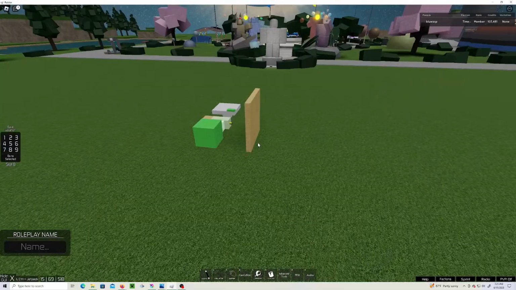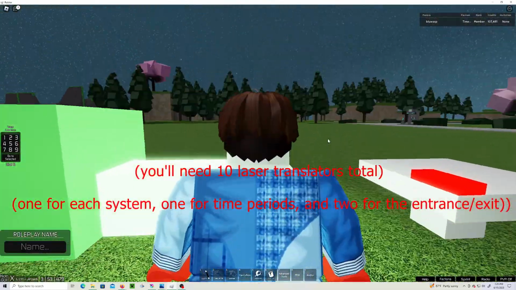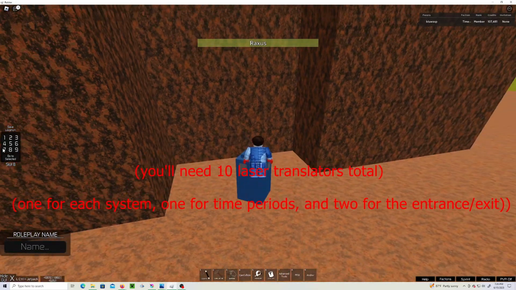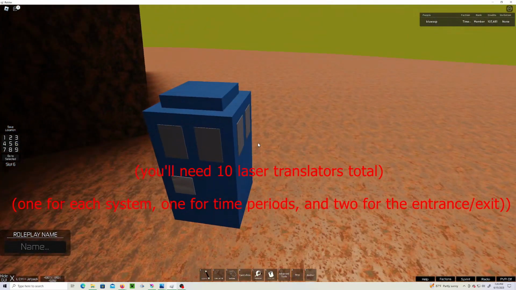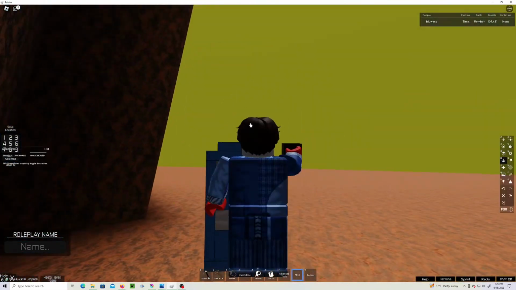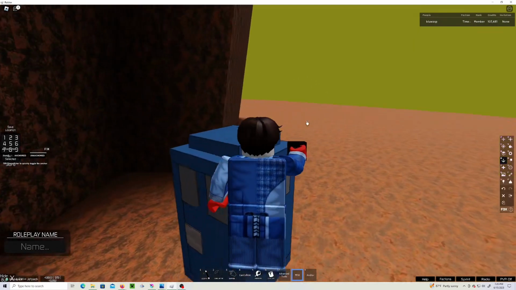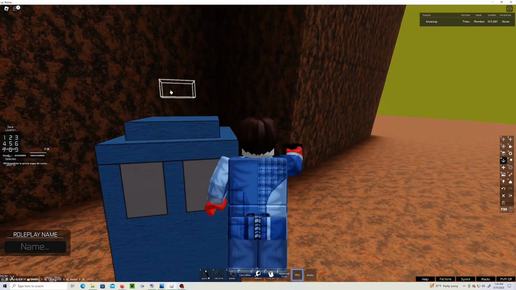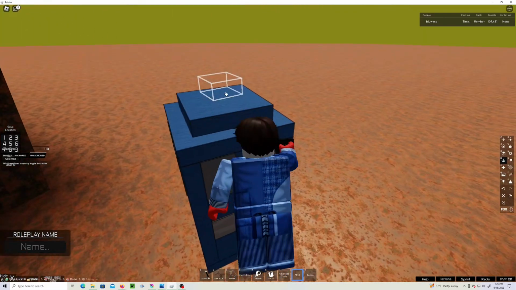So yeah, this is a really expensive way to modify your TARDIS in the game. But it could be worth it, depending on if you can earn the credits for it. For me, it's worth it, because I don't like having to slowly fly to every single solar system, because the drone is extremely slow like that. So just being able to instantly teleport wherever you want